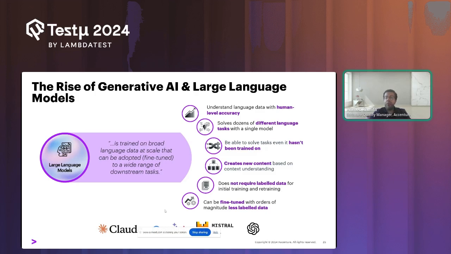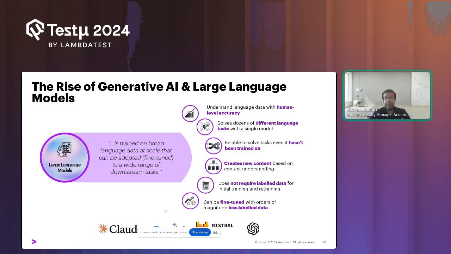You are able to even fine-tune these models. You don't require any data. They are already pre-trained models that could do a lot of tasks. And even if the model is not trained on a task, it's still able to solve it, right? And this was very important and opened a lot of doors, especially in quality engineering.